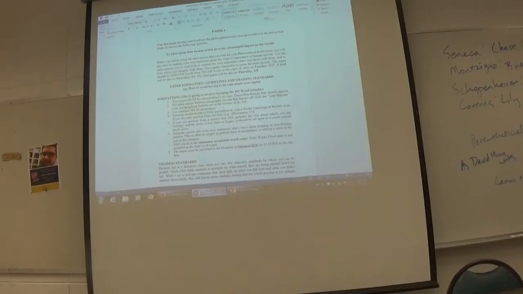So the claim is the thing I'm trying to argue. The data is the evidence that I'm using to back it up. And the warrant is the logical connection between the two, right? I think the example we used was, right,